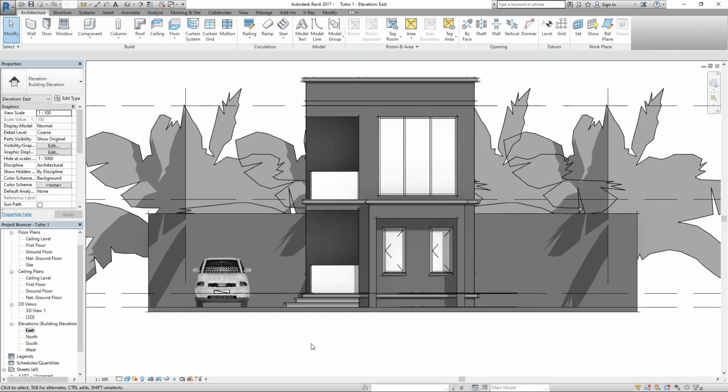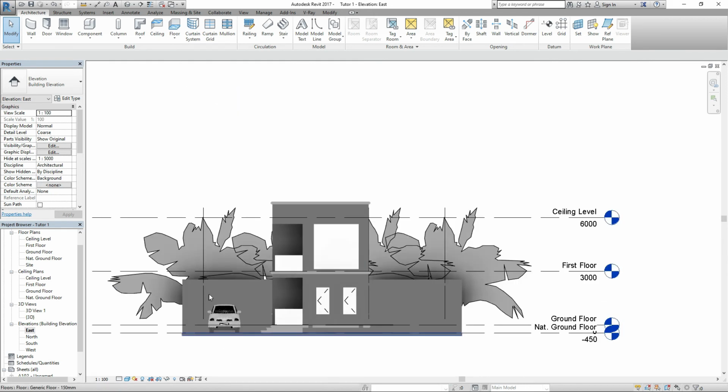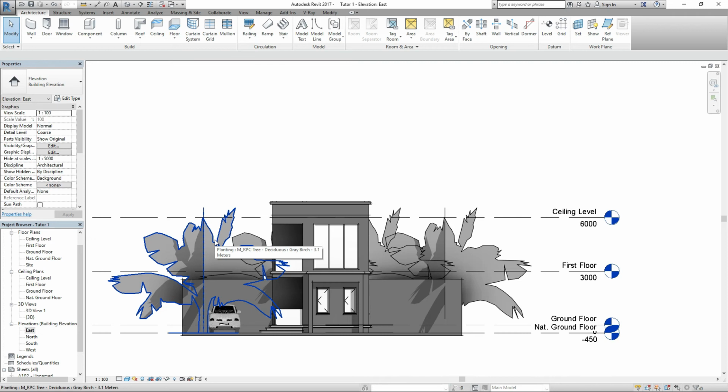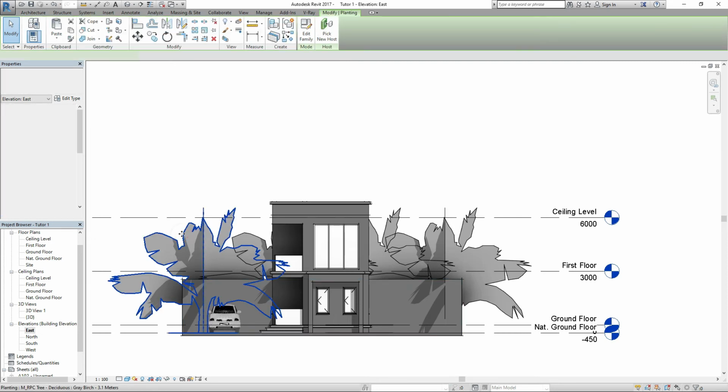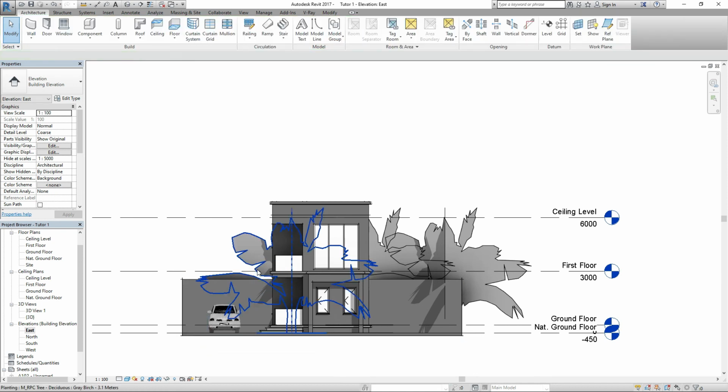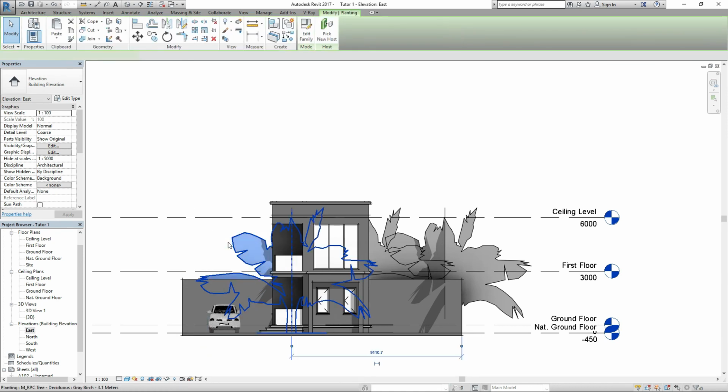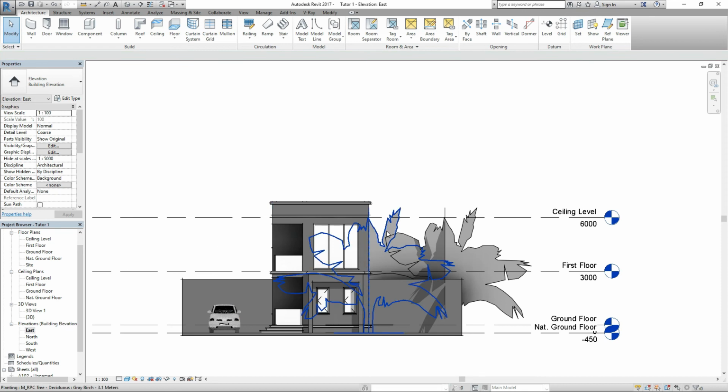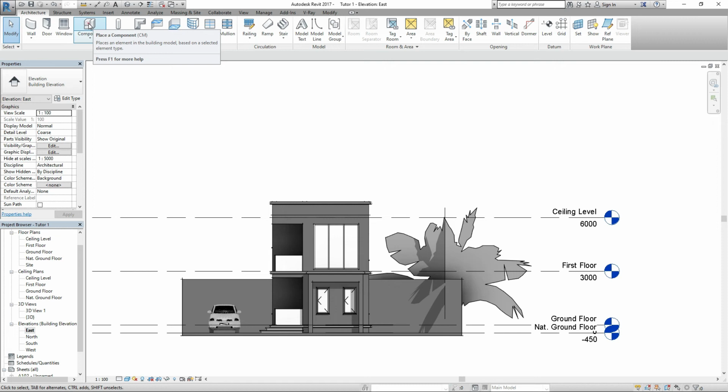So just to give extra details, if you see that it is not really making sense, you can just delete it, select and delete. If the one at the back is not cool, you can just select this and delete. You can even still import some other things that can add color to it. So you can come to the component,